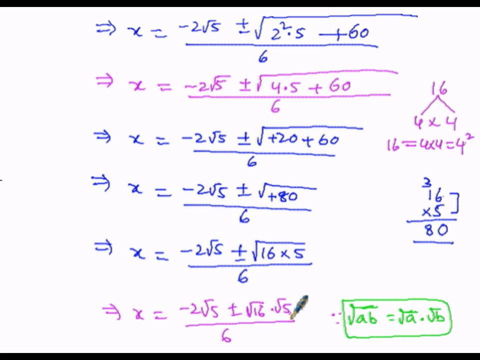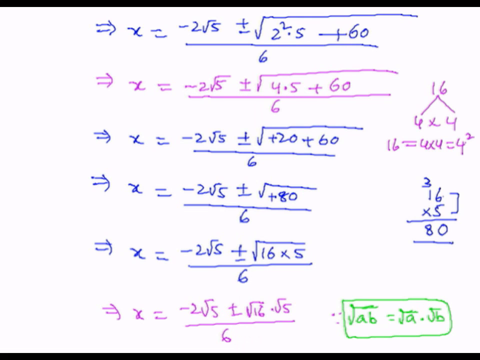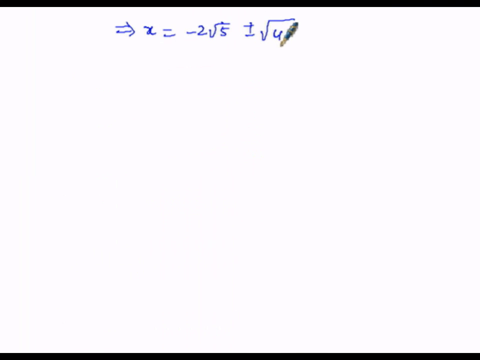So x equals, in the next logical step, minus 2 root 5 plus or minus, under root 16 can be written as 4 square into root 5, overall divided by 6. But here the square and the root will get cancelled. Then the next logical step will be